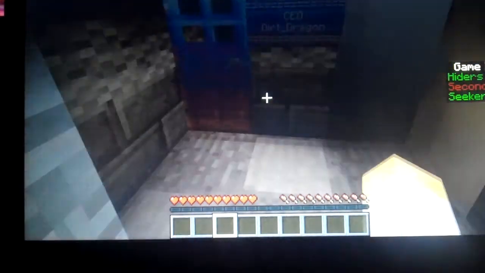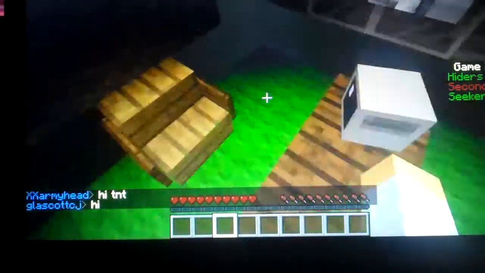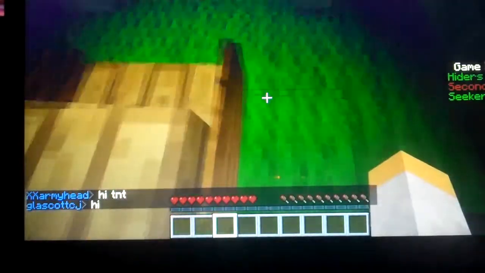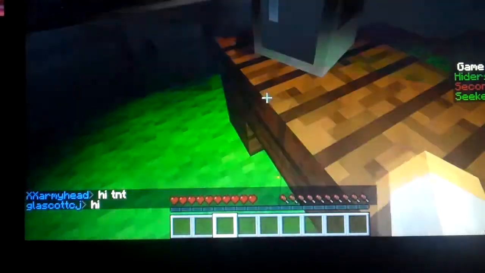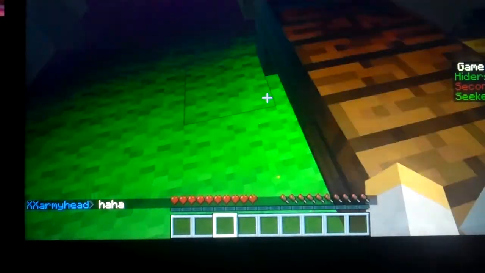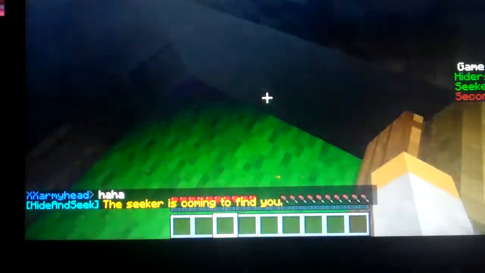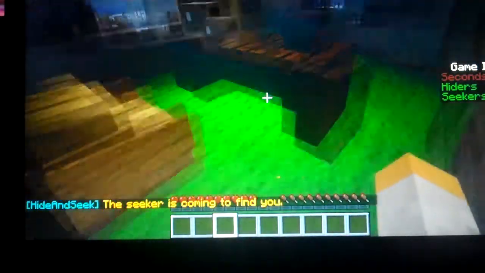Moldy Burrito's office. Dirt Dragon. Dirt Dragon would need a light source, right? He would. You need a light source in your office or else you don't know where the light's coming from. But it's just...